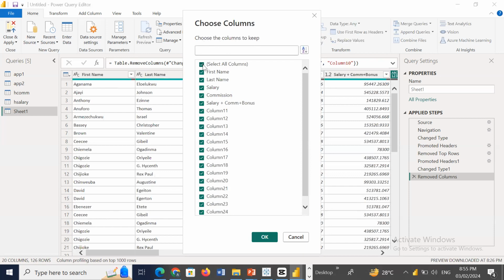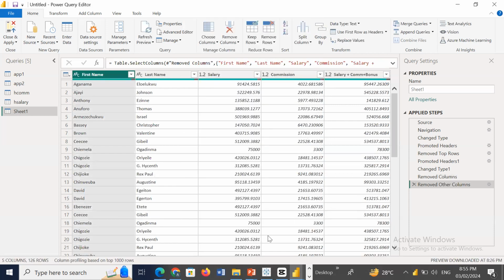Now, I'm going to uncheck this select all column checkbox, and I'm going to select the columns I want to keep. So these are the columns I want to keep. Then when I select the columns I want to keep, the next thing is to click on OK. Now I've clicked on OK, and you can see that those additional columns are no longer there. I only have the selected